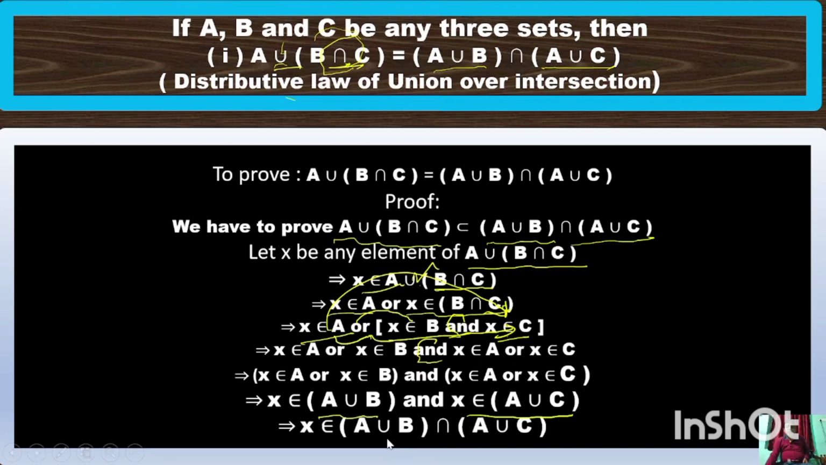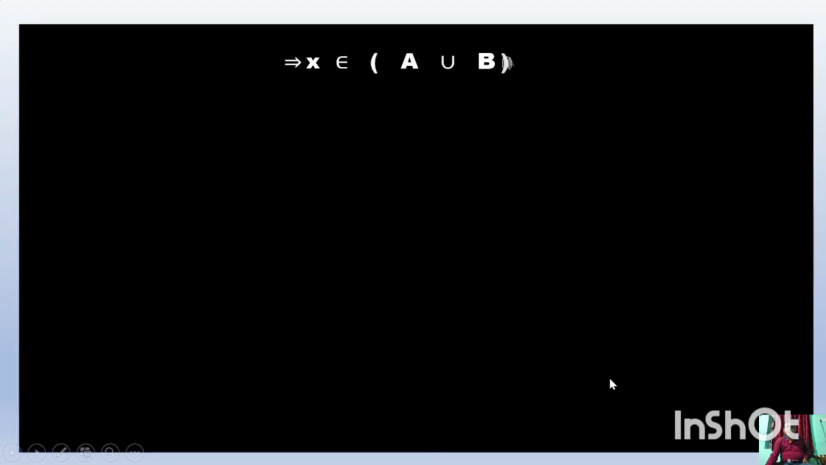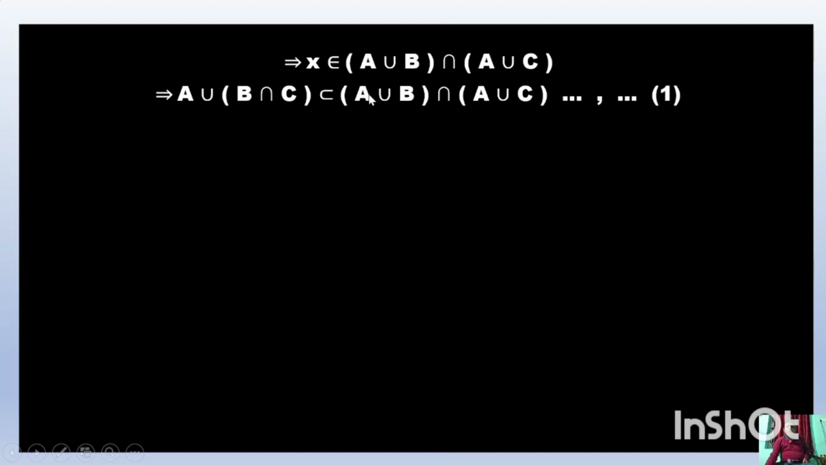Understand? It means X belongs to A union B intersection A union C. Okay? And it is clearly understood that X belongs to A union B intersection A union C. Similarly, it can be proved that